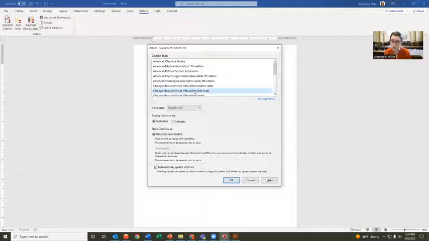Chicago full note is usually good for whenever your professor asks for Turabian or Chicago. Turabian is completely built off of the Chicago citation system. They're practically identical. But always refer back to your Turabian manual to make sure that this computer program, Zotero, is